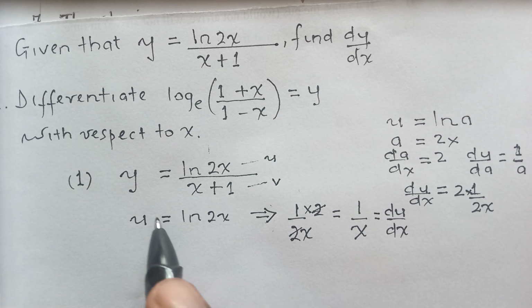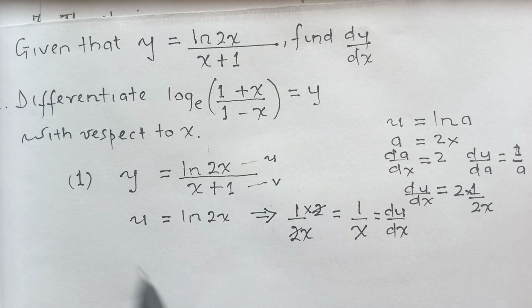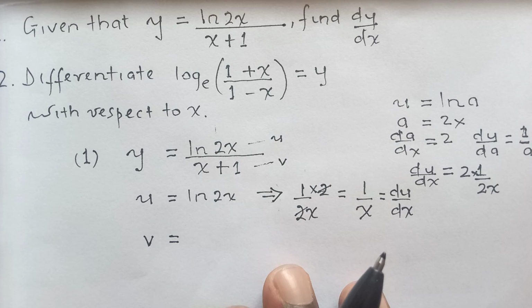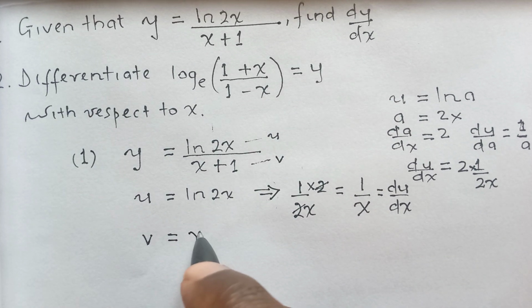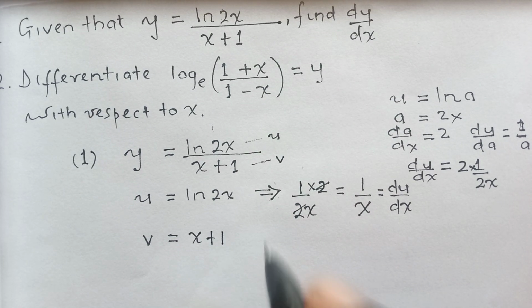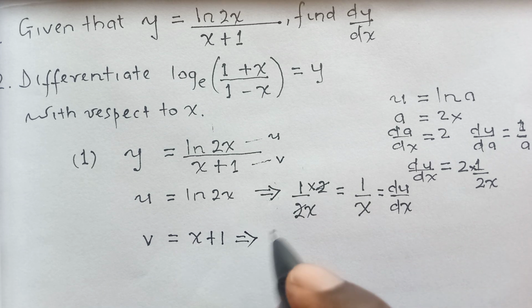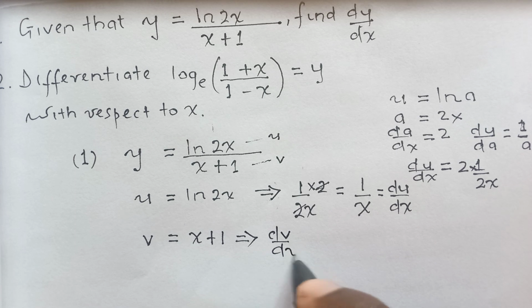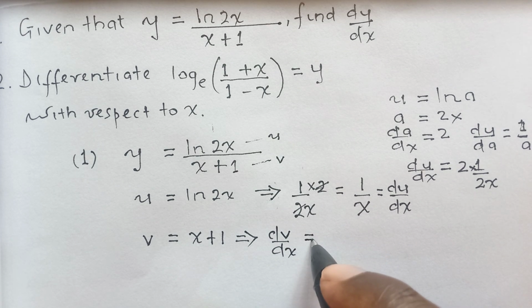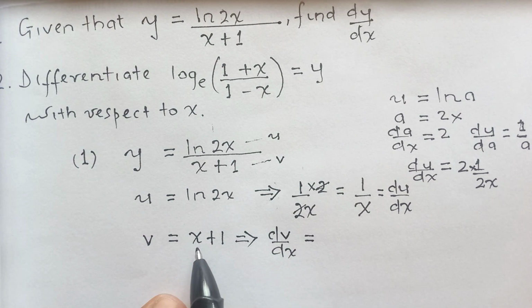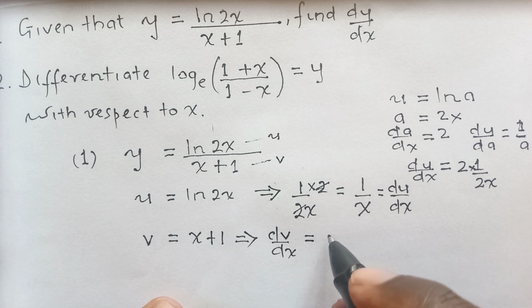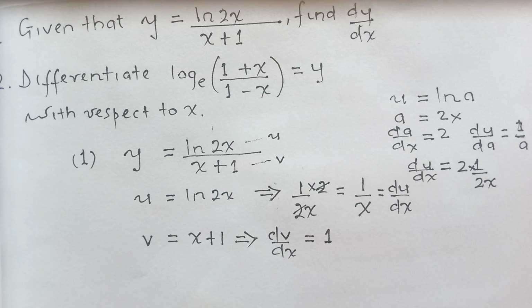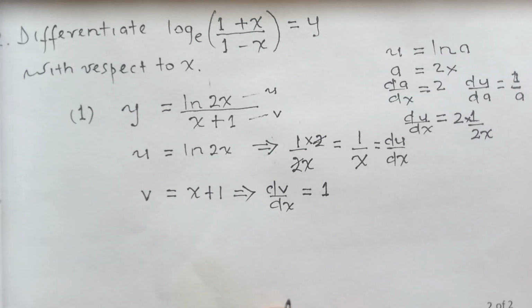So now guys, we continue. We continue now to v. v is equal to x plus 1, and so therefore dv dx is going to be equal to, if you differentiate x, you get 1, like that. So applying our equation,